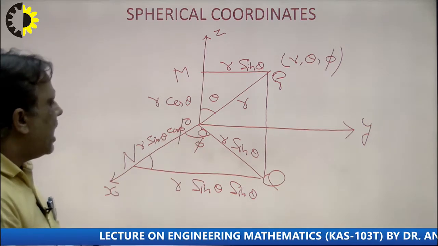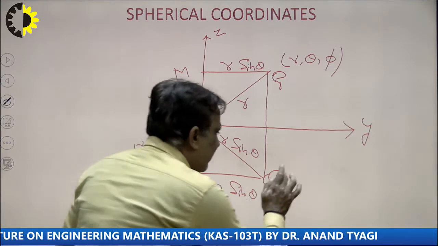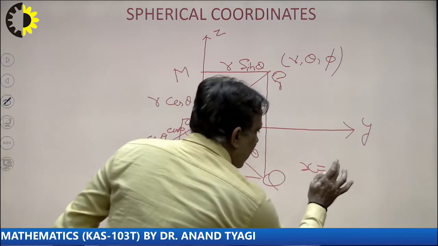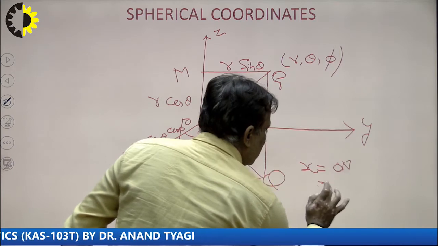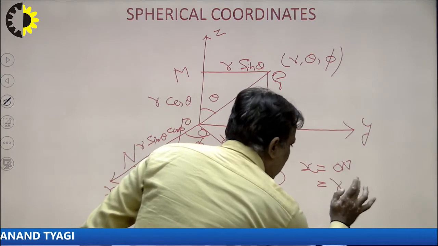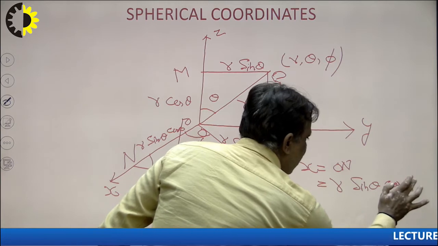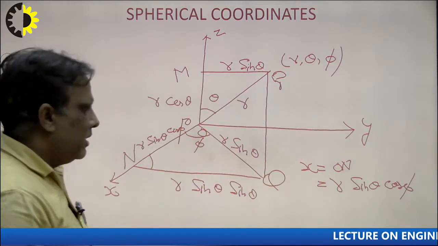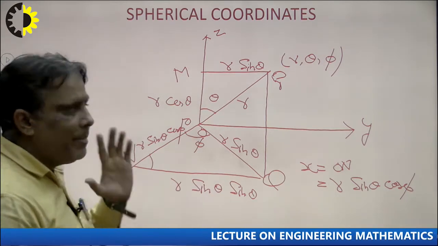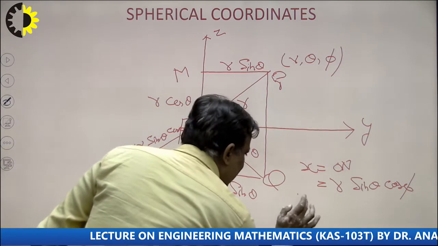So in this way I calculate the coordinates x, y and z here. Suppose I want to calculate x here. So x will be ON. What will be the position of ON from the diagram? r sin theta cos phi. So students, remember it, r sin theta and cos phi. Students, keep in mind and remember it: in spherical coordinates x is equal to r sin theta cos phi. Theta is the 3-dimensional angle and phi is the 2-dimensional angle. Students, remember it. Now the question is, what is y here?